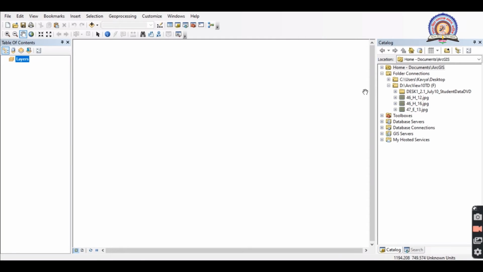First of all, we have to insert your scan copy into the folder which we have created, as I have told in our previous session. After that, we have to link that folder into our catalog part, and from there we can drag that map into our working area like this.